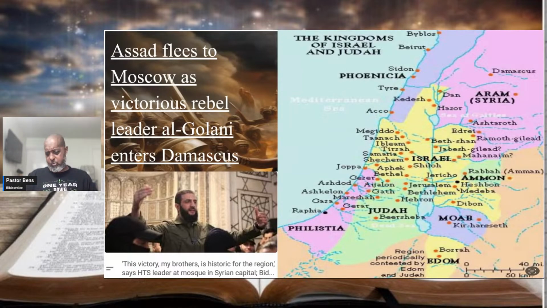Now, I want to deal with this. Let's go to the book of Isaiah. Isaiah 17. I want to deal with this. You guys know it's been in the news, guys. It's going crazy in Western Asia. It is better known as the Middle East. Okay, I'll say, listen, guys, I hate saying Middle East.